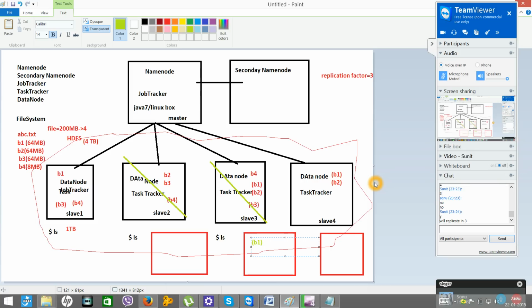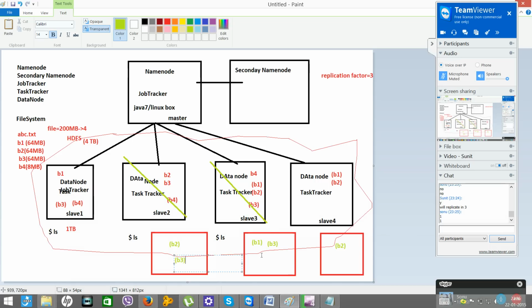How about B2? How many copies do we have for B2? Just one. We need 2 more, right? So maybe B2 will be stored here, 1 copy, and another copy of B2 may be stored here. Okay, next B3. How many copies do we have for B3? Again 1. So B3 may be stored here and here. How many copies do we have for B4?